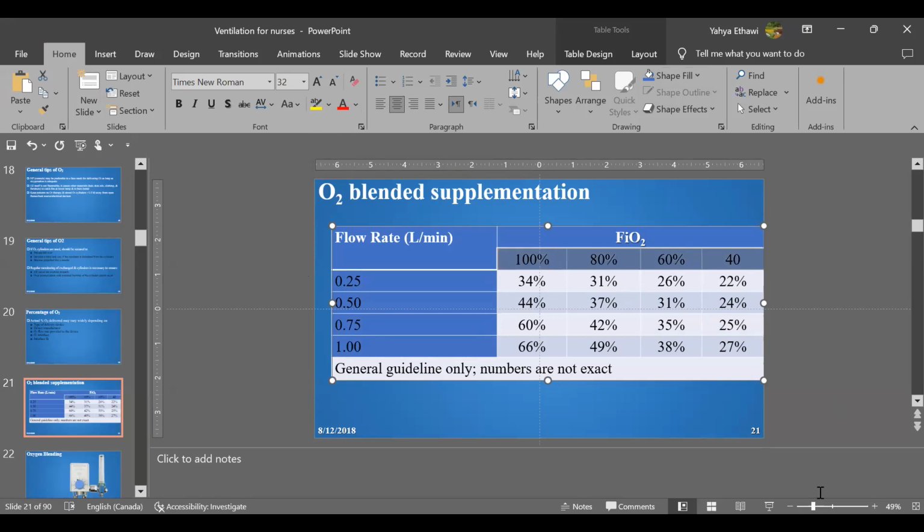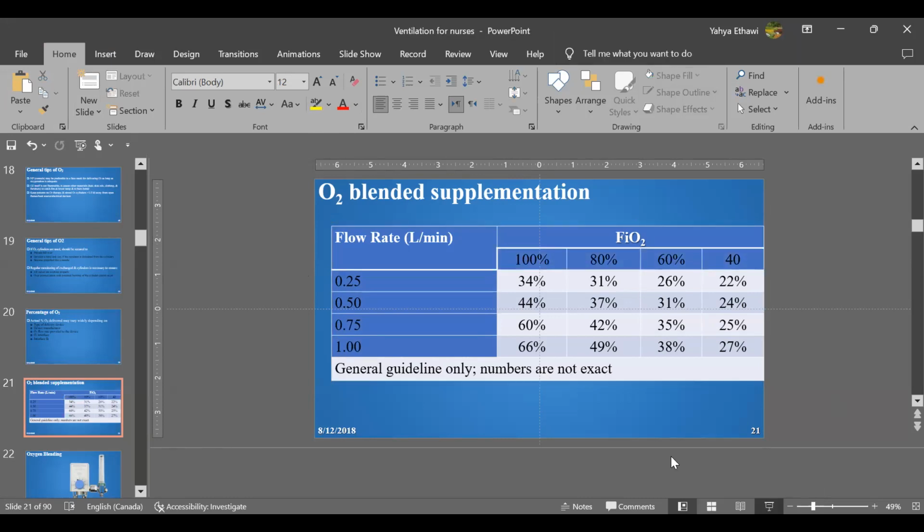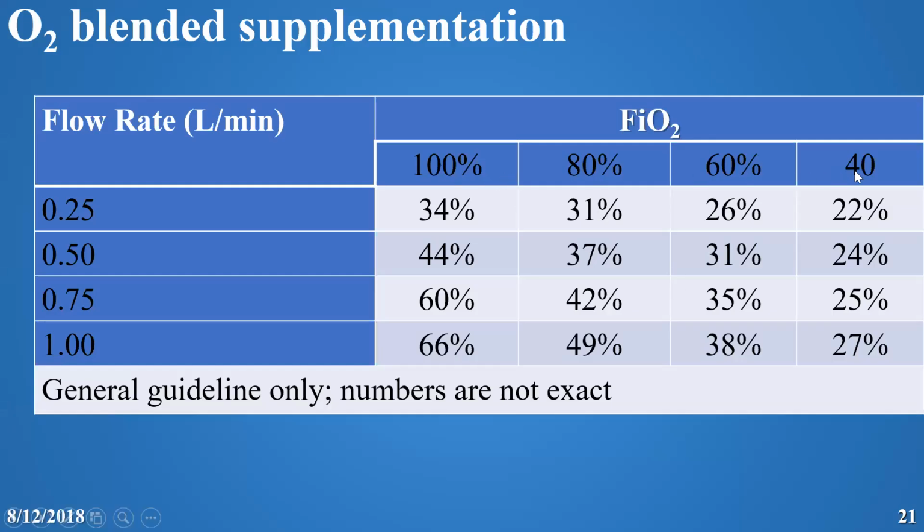So you can see this is the blue color is the set. This is the flow, is the set. And this is the measure. So this is independent. This is independent. This is dependent. So if we give a flow of 0.25 and the FiO2 of 40, the result going to